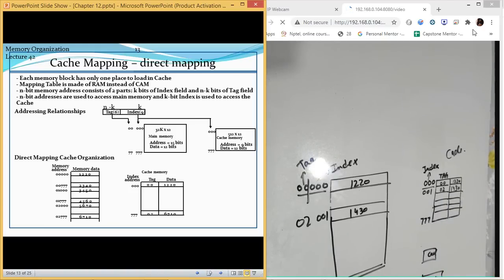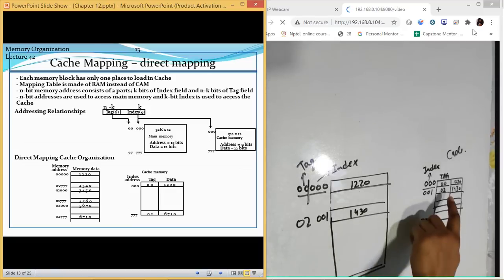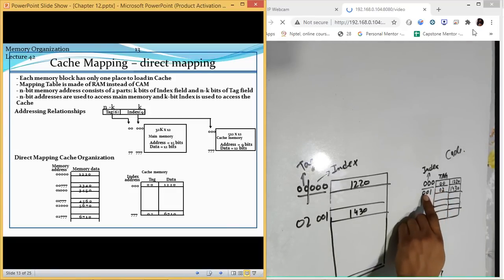So what simply happens is that whatever address we have at this place is now shifted into two things. One is the tag, another is the index. The tag is stored here, and the index is stored at this place. According to the tag and index, our values will change.